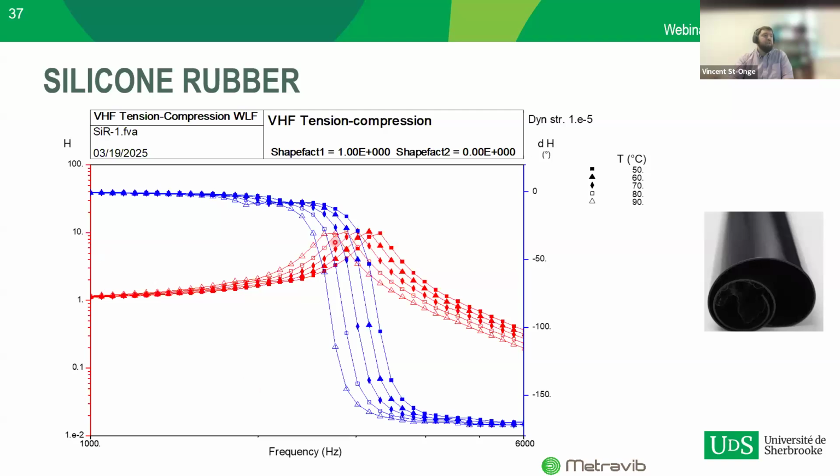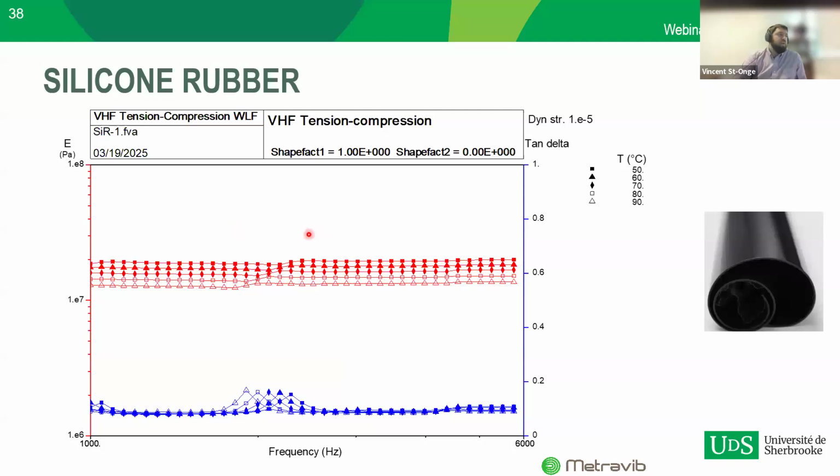So if we take a valid range, this is what the curve looks like. We can see here on the phase curve that there is a little dip going on here. And so when we do the modeling to get the viscoelastic properties of the material, we can also see this little dip happening at those frequencies, and it gives rise to a peak in the tan delta curve, which can be due to different effects or different things going on in the material. Without knowing the exact formulation, it's actually quite tricky to try and assess what it was, but the client was quite happy to see those peaks. So whatever they were, they were to be expected.